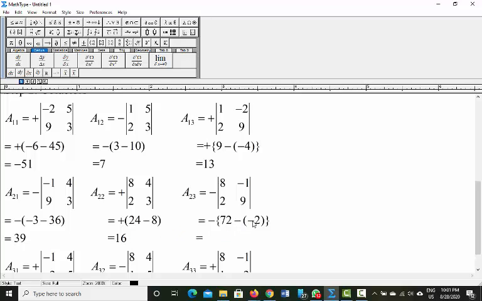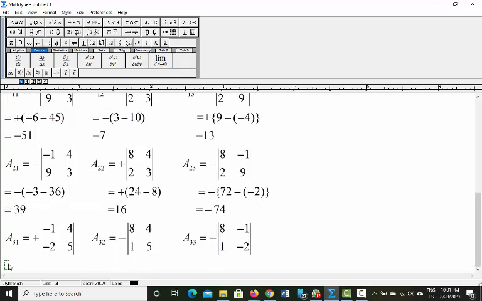Is equal to what we will get, so 72 minus a plus 2, 72 plus 2, that is 74, that is minus 74. Now this one, there is a plus bracket. First of all we will multiply the right diagonal elements, so minus 1 multiplied by 5, that is minus 5,